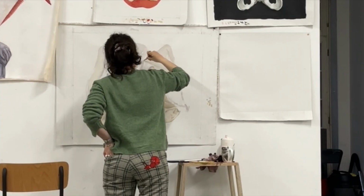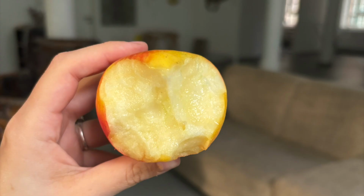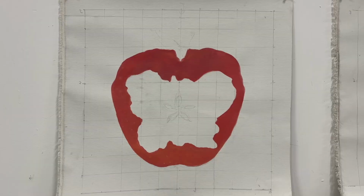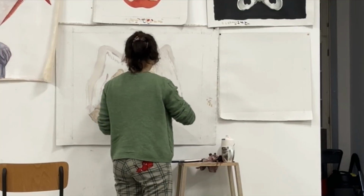I love being motivated by artwork. I love seeing other people be motivated by artwork. I was inspired to paint this apple, and that is just one of the many paintings that I've made while I've been here. And I feel like it's because of all of the museums that I've been to,